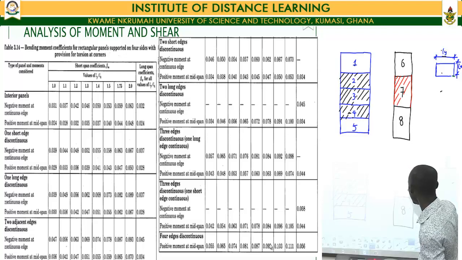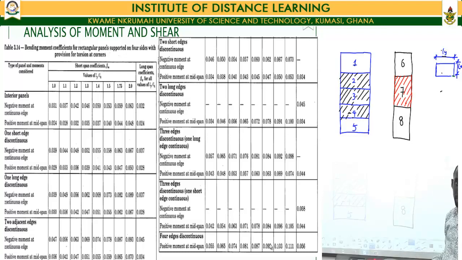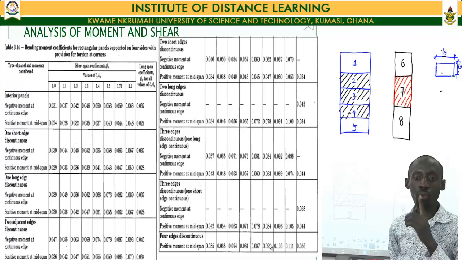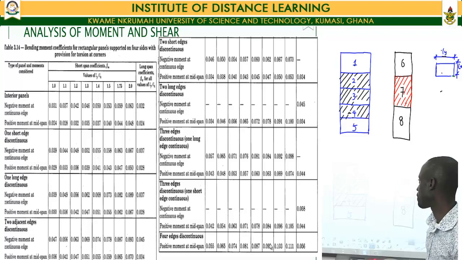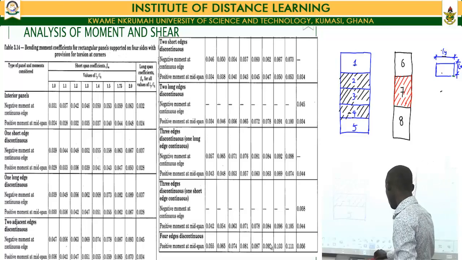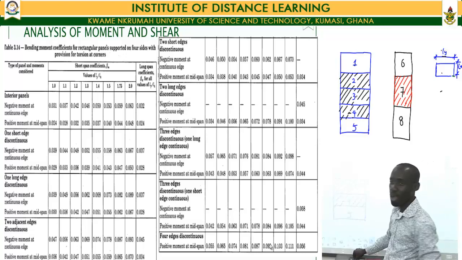So the two long edges discontinuous panel is referring to a panel that has its two short edges being continuous, whilst the long edges are all discontinuous. From that one, we move on to the three-edge discontinuous, one long edge continuous. The three-edge discontinuous, one long edge continuous. Now, for that one, we'll pick